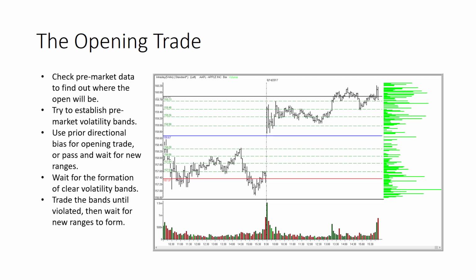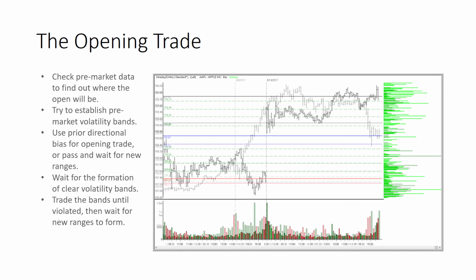So this is just how you handle these days that fall outside the bands that you have planned. Things don't always go the way you want them to, and there's an adjustment you can make here, but it doesn't necessarily mean you have to be trading the thing all day long.